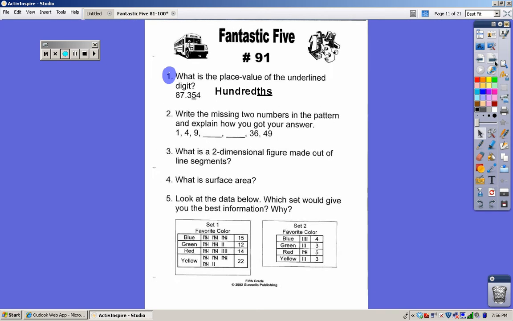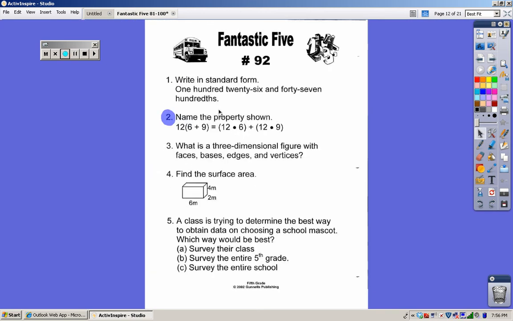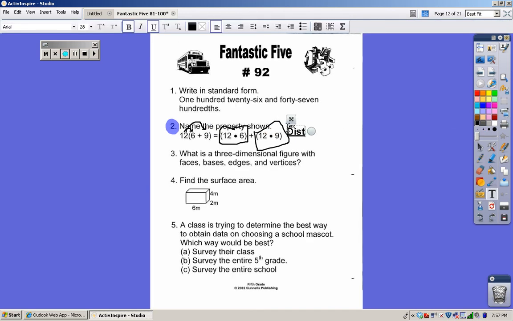in the morning. Number 2 says name the property shown. If you pay attention to how these numbers are grouped over here, we have a 12 times a 6 and a 12 times a 9. They're distributing that 12 to both the 6 and the 9 and adding, or finding the sum of, those products. So this property is the distributive property